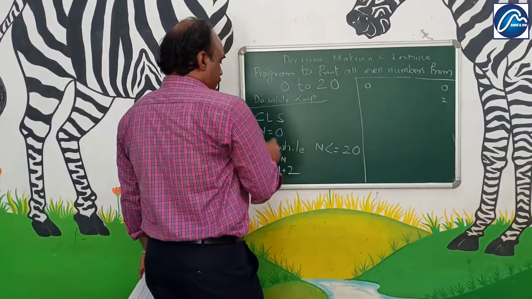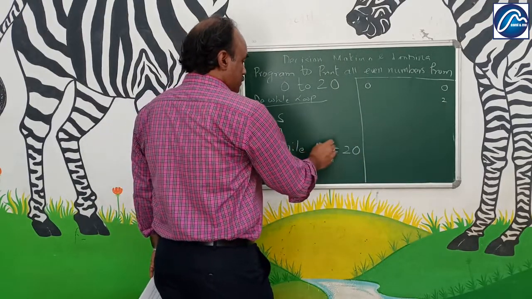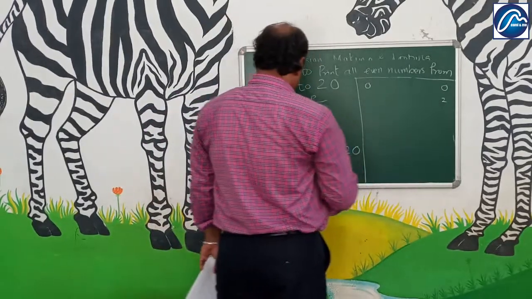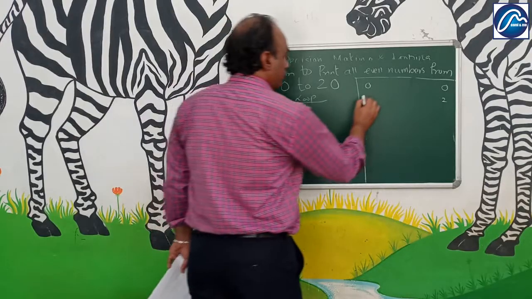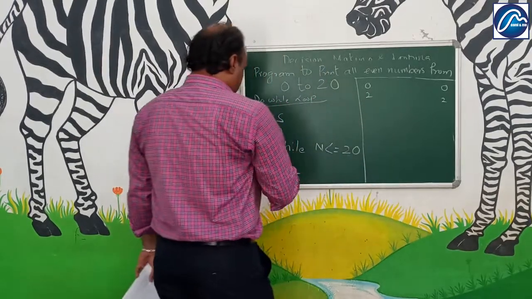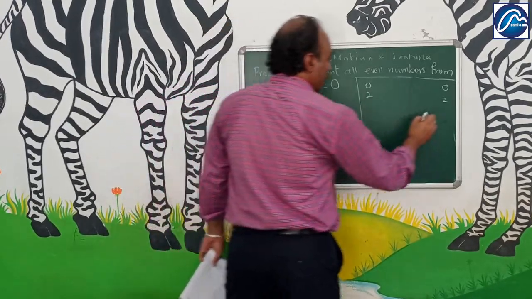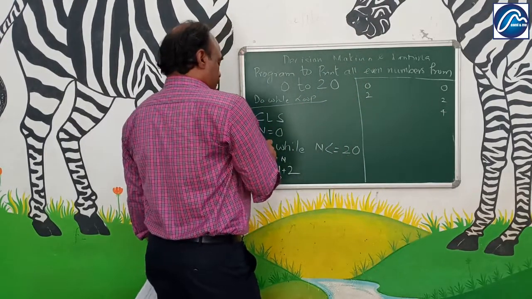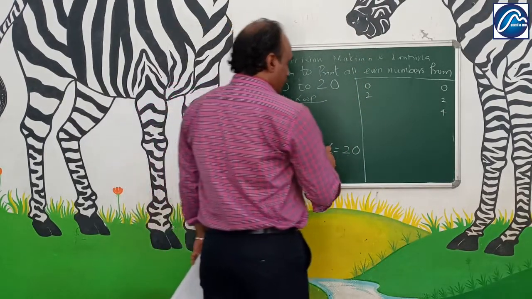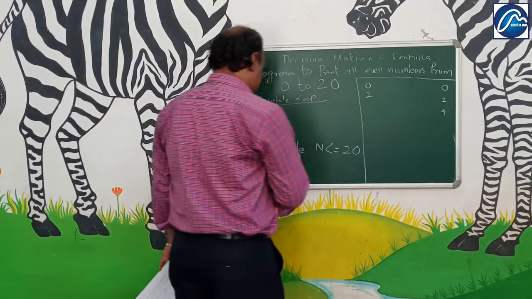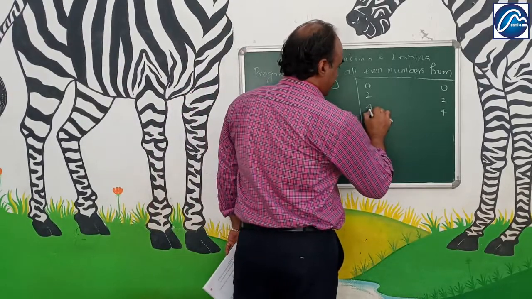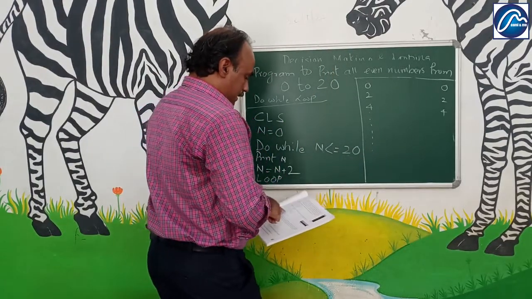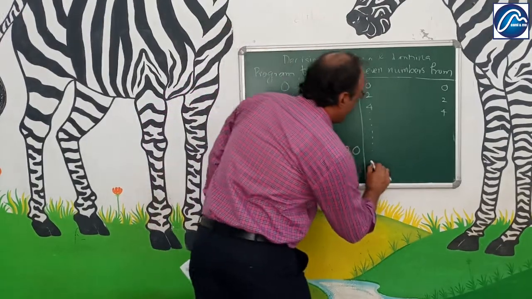Again it will come to the loop and check whether the condition is true or false. Is 2 less than or equal to 20? Yes. So what is print n? It will be 2. Again it comes down, 2 plus 2 will be 4. Loop. Again it will come to do while 4 less than or equal to 20. Yes. The next 4 will be printed. Like that it goes on till the loop gets executed at a time where you get the answer equal to 20.